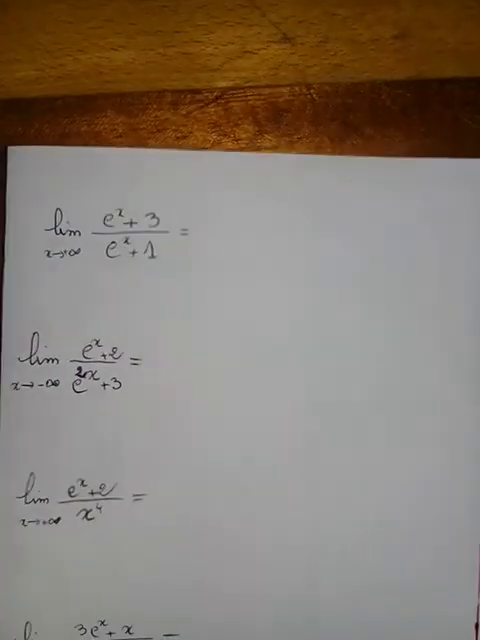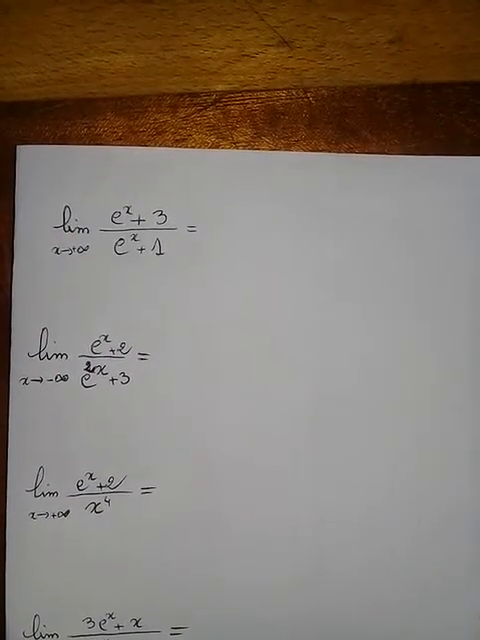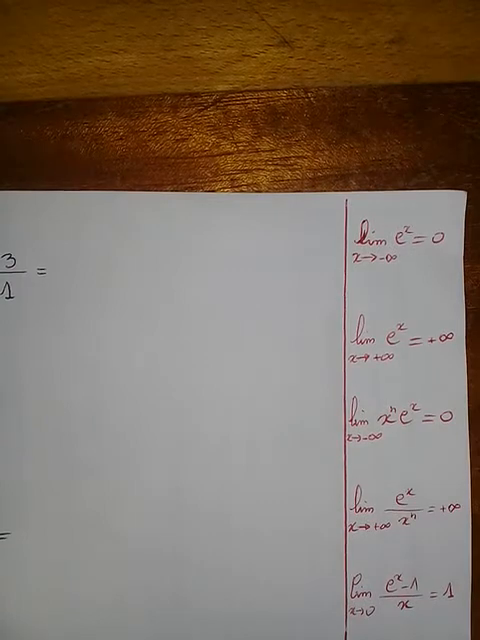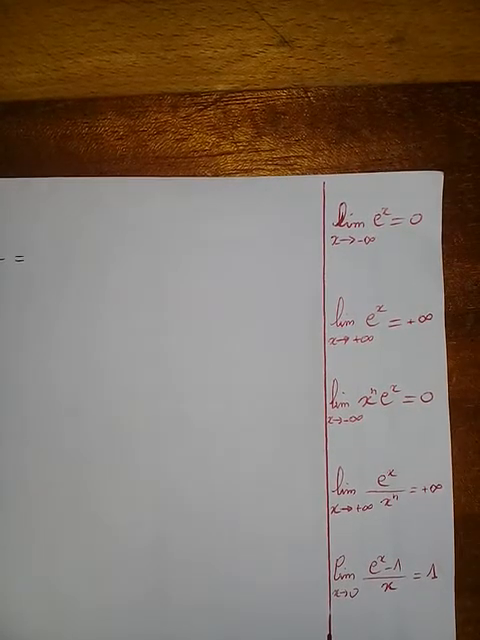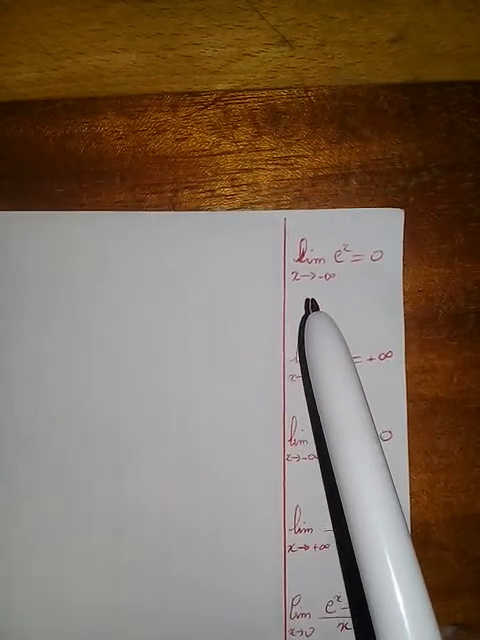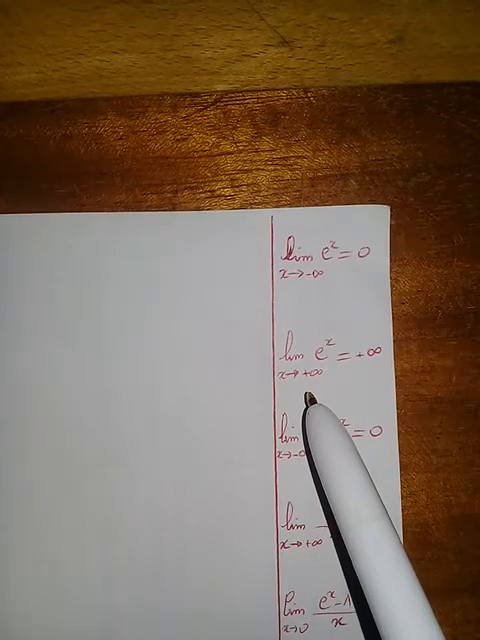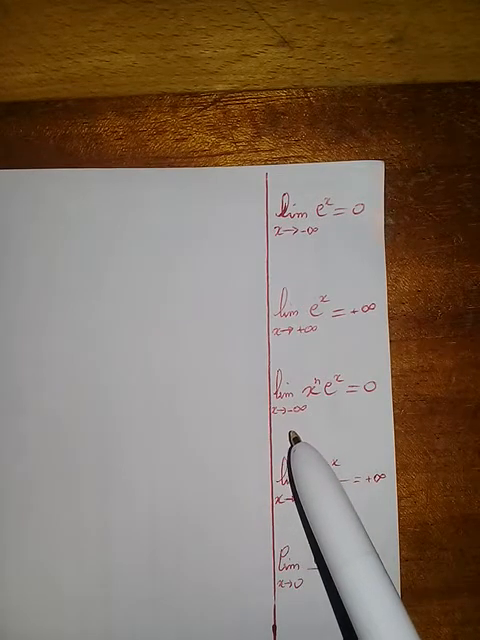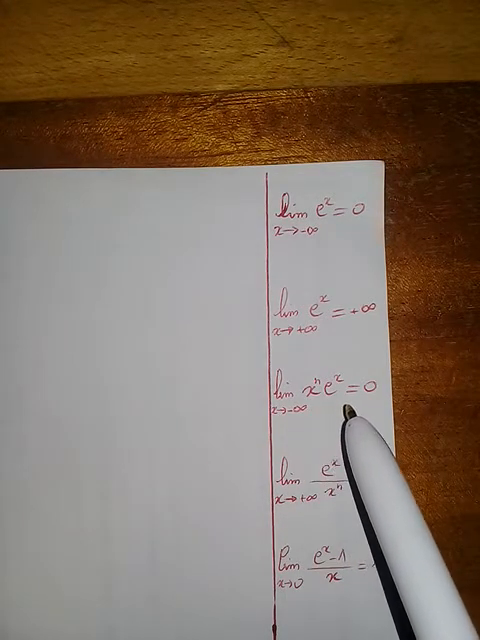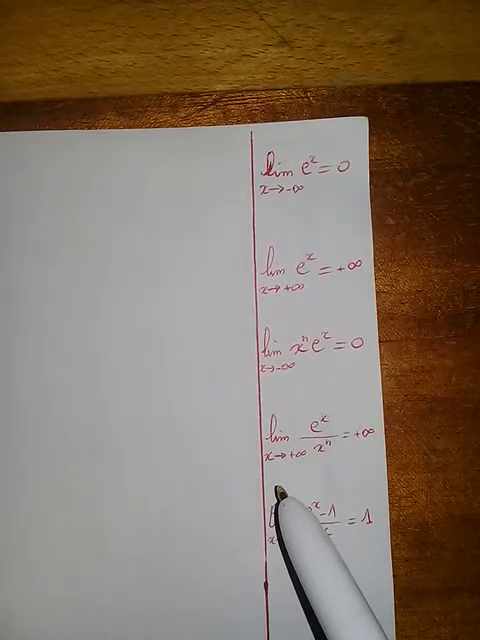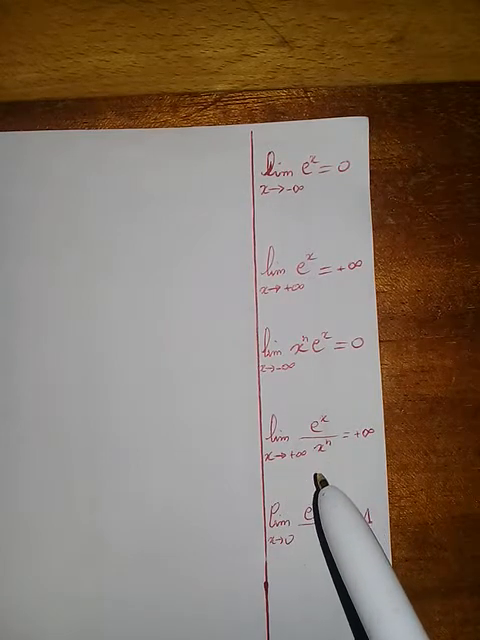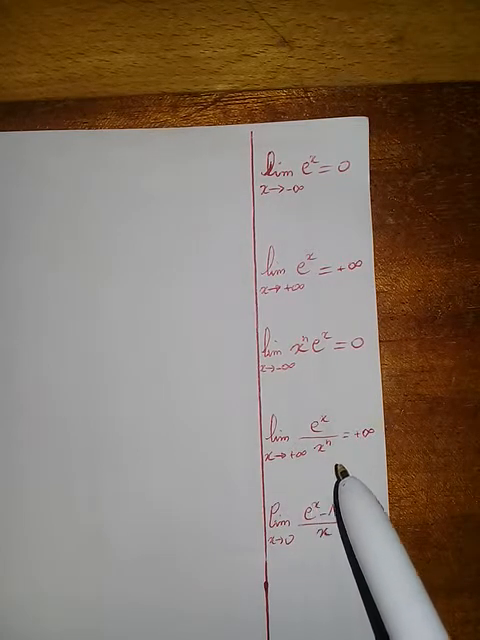In this video we're going to see some limits with exponential functions, and to do this easily we'd better be familiar with some basic limits, like the limit at negative infinity of e to the x is 0, at positive infinity of e to the x is positive infinity, the limit at negative infinity of x to the n e to the x is 0, the limit as x goes to positive infinity of e to the x over x to the n is positive infinity,